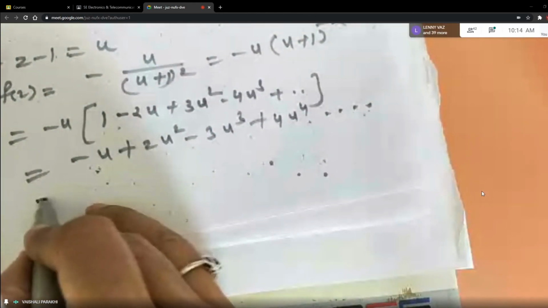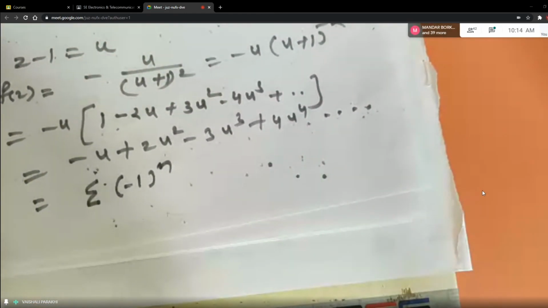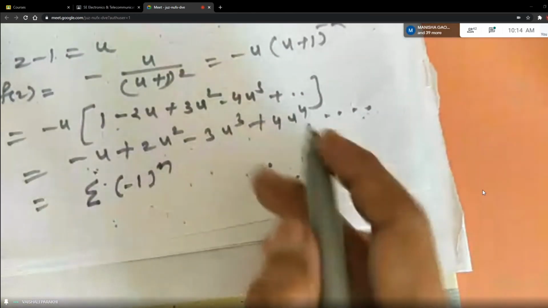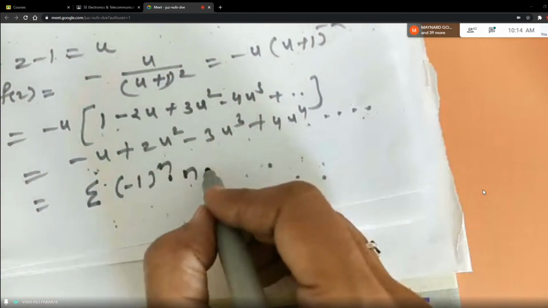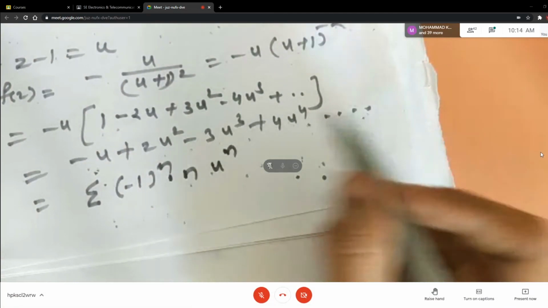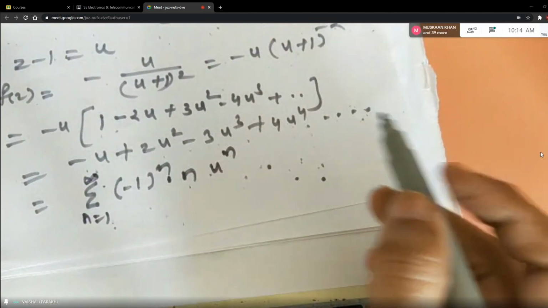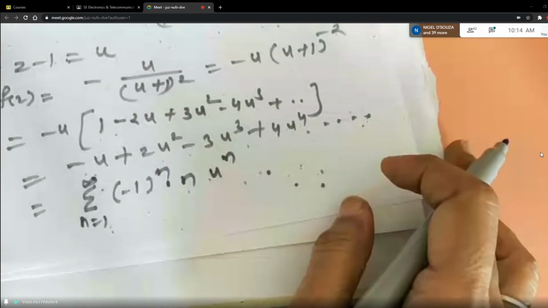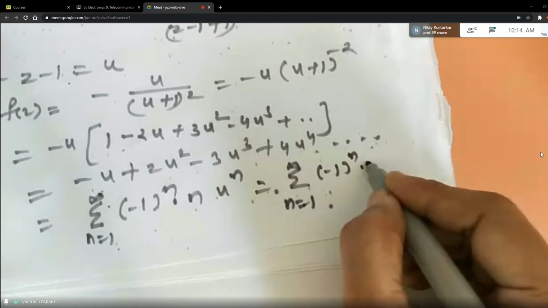Now when I put the summation sign, students, I will definitely take minus 1 raised to n first, because I don't know what the sign of the nth term will be, correct? Into n, where n means 1, 2, 3, 4, right? And then u raised to n, because u raised to 1, u raised to 2, u raised to 3 and so on, where n goes from 1 to infinity. But what is u here? We have substituted u for z minus 1. So it is the sum from n equal to 1 to infinity of minus 1 raised to n into n